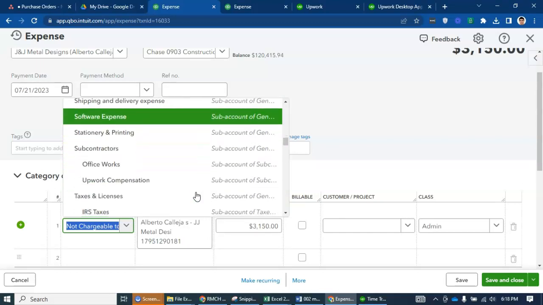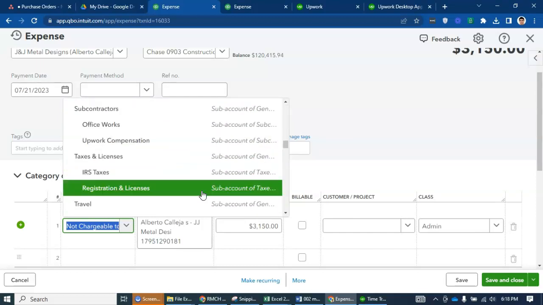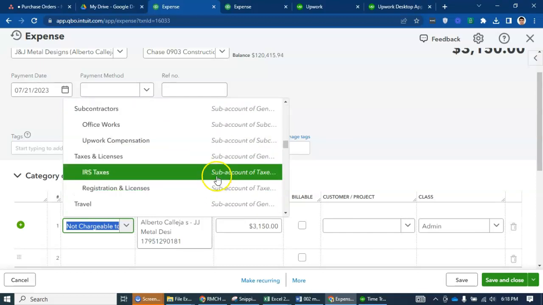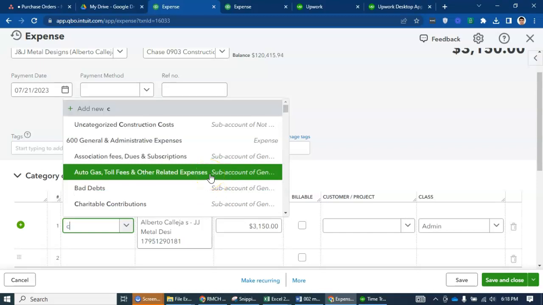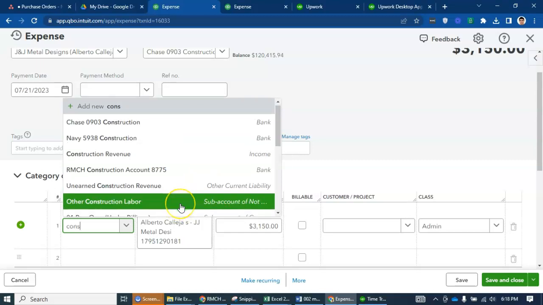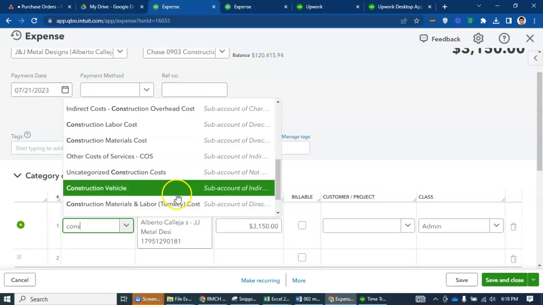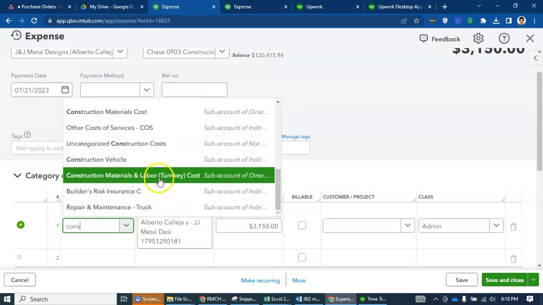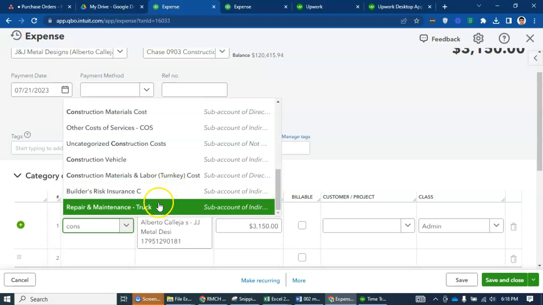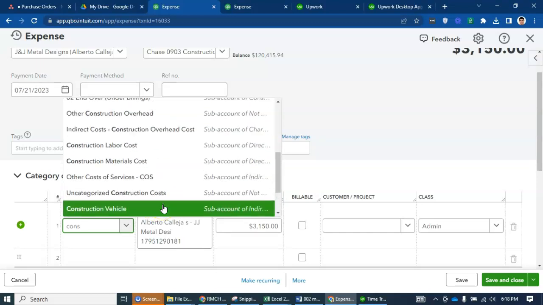So let's try to find the expense here. Let's try to find construction. There are construction vehicles, but it's not among the list.